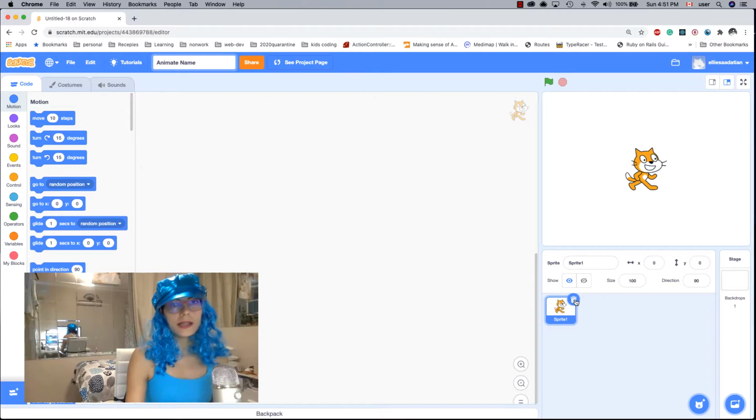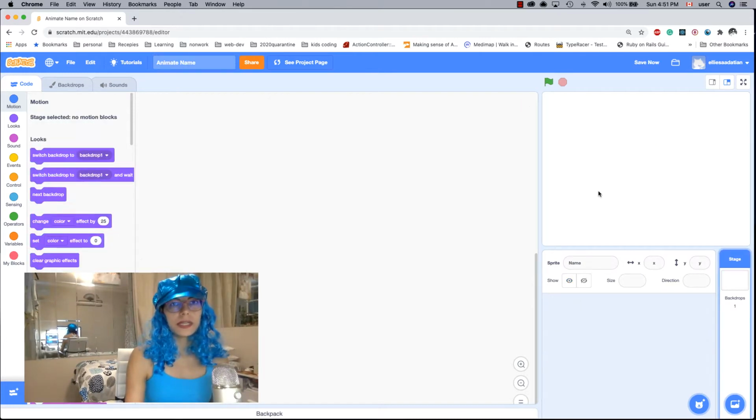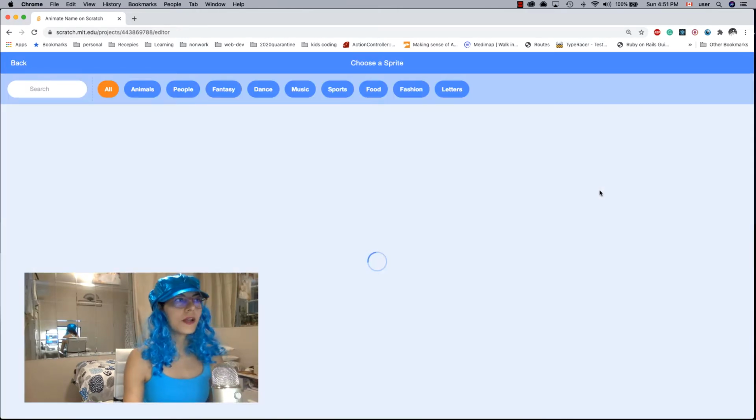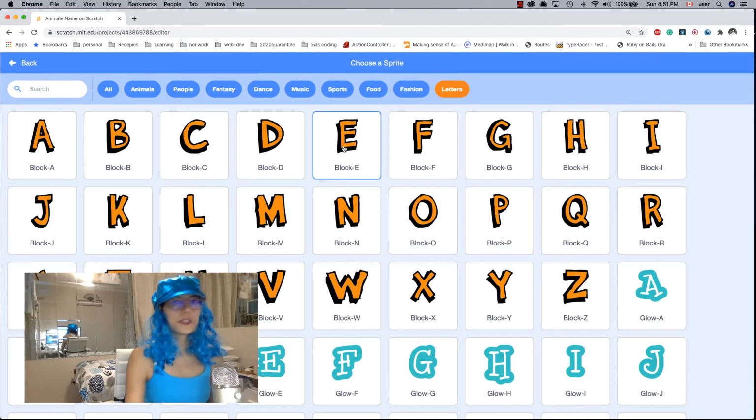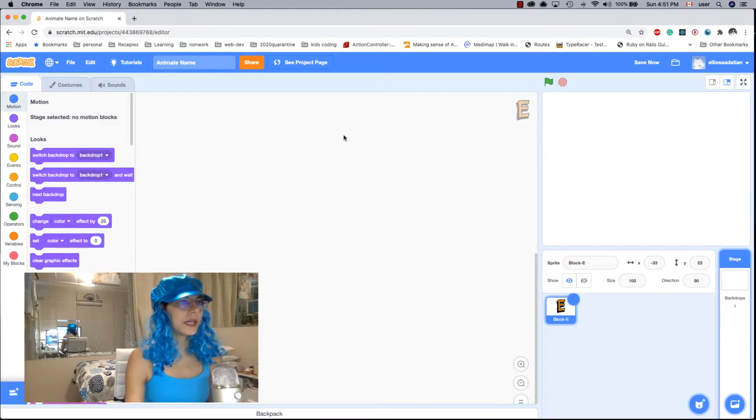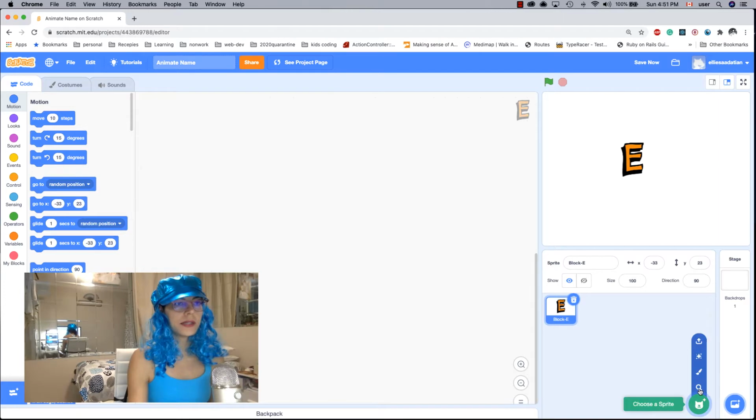I delete the cat. Since I'm gonna animate a name, I need sprites that are in form of letters, so I can import all the letters of my name and use them as a sprite. So I click here and I go to the letters section so that I only see the letters, all things letter. So my name is Ellie, so I choose A and then I click again,